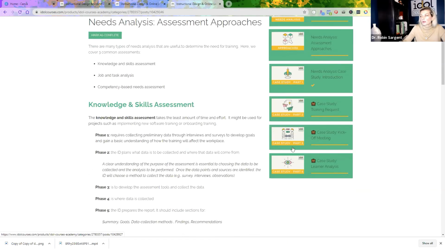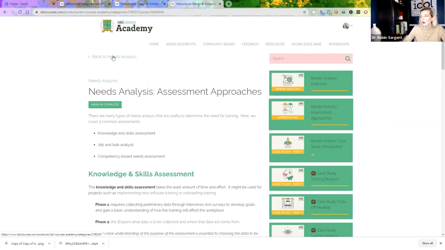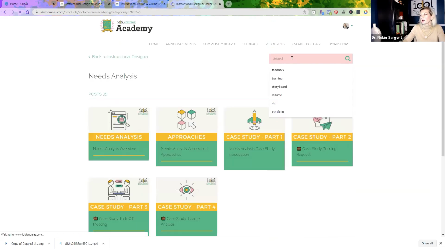And then we have a couple other things in here, like some case studies, so that you can see it in context too, and so you can apply that to your own thing. We also have, if you just search needs analysis, because that's what you're doing when you're meeting with your